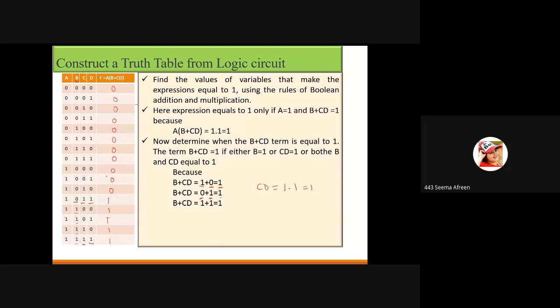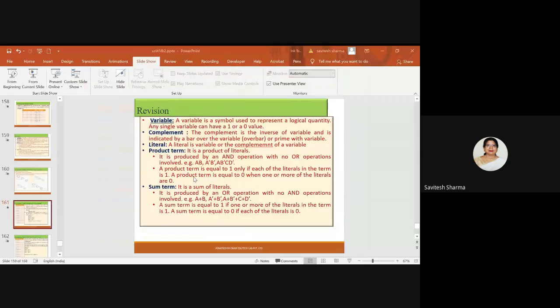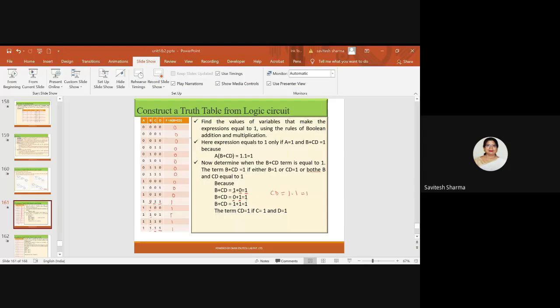Ma'am, somebody wants to join the class, ma'am. Somebody wants to join the class. It is automatically accepting. I should not take care about the joining because it is automatically taking. See, it is automatically taking. Just wait for 2 minutes. Let them join. Okay, I think they have joined now.